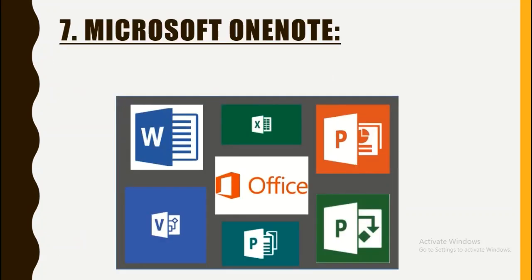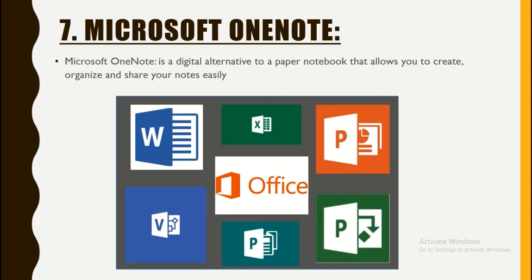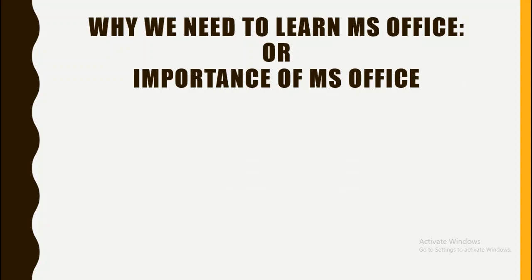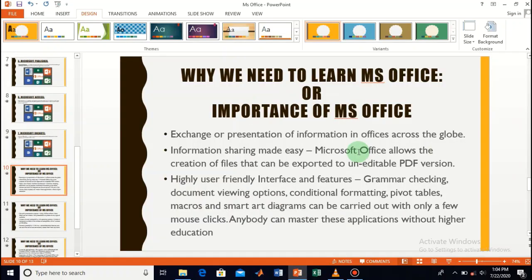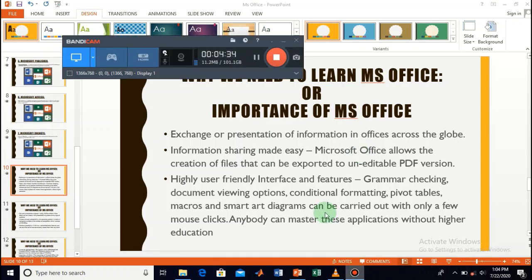The next one is Microsoft OneNote. Microsoft OneNote is just like a paper notebook, but it is a digital one. So that allows you to create, organize and share your notes easily. So this was all about the different family software. We have talked about the different family software, and in the next section we will talk about the